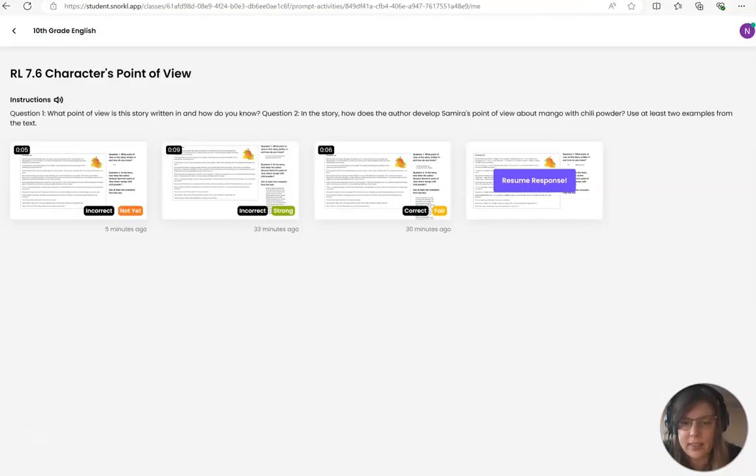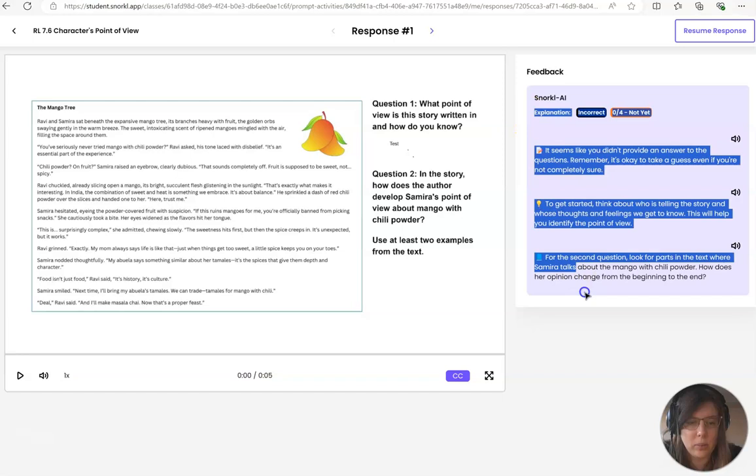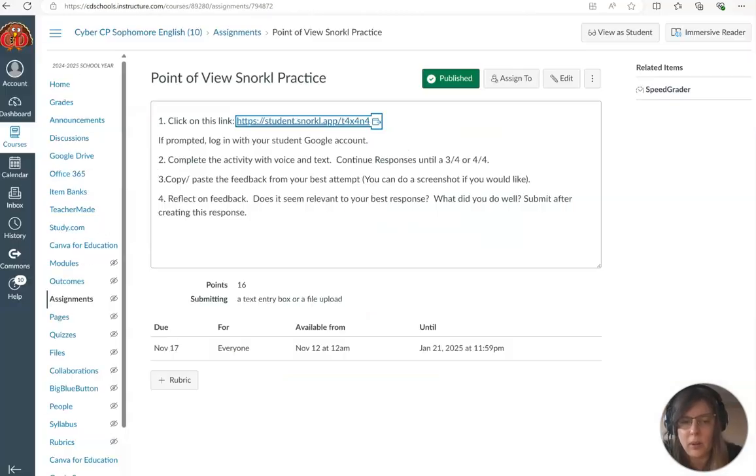Obviously this one is not my best one, but I would copy and paste this right here, starting from explanation all the way through. And then I would also reflect on that. Did the feedback seem relevant to your response, and what did you do well? And then you can go ahead and